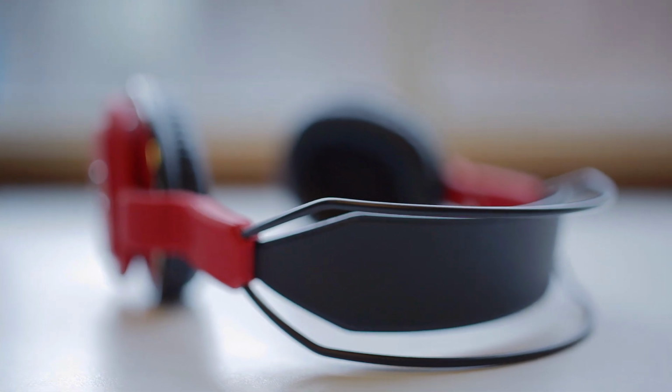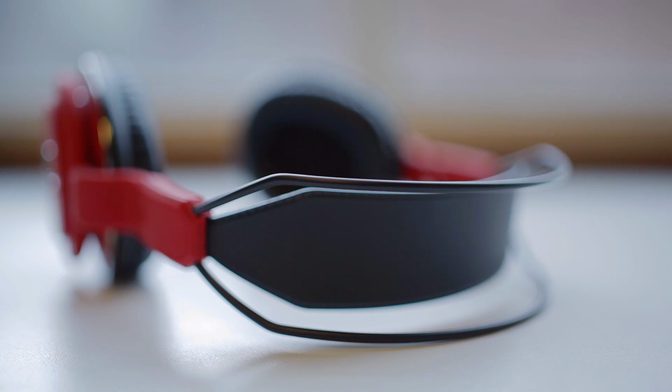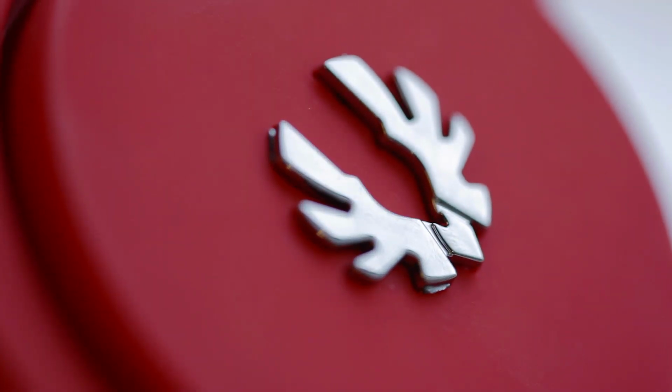And I'm gonna start with the build quality. The FLO is extremely lightweight at 200 grams, given it's mainly plastic with just a metal support band above the headband that looks like leather, however it is also plastic. The headphone is covered in BitFenix's soft touch coating that we're so familiar with, giving the FLO a more premium